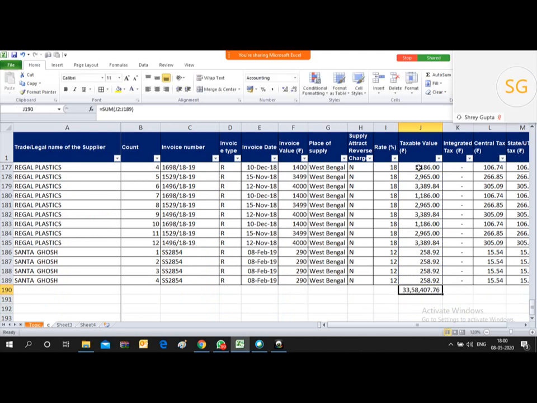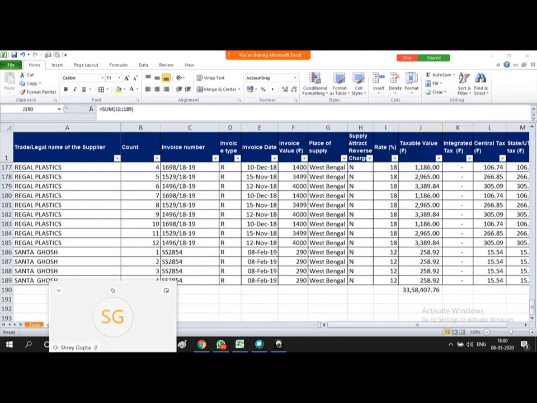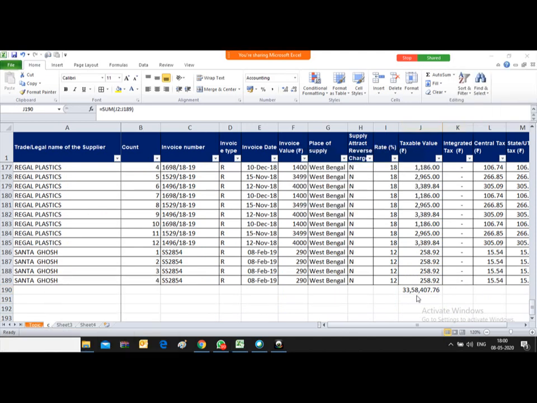Then there is one more shortcut key: if you press Alt plus equal to, you will be able to calculate this also.